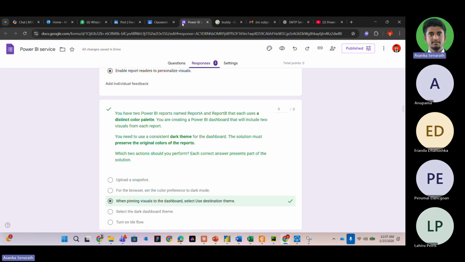You are creating a Power BI dashboard, and from each report you need to use a consistent dark theme for the dashboard. The solution must preserve the original color of the report. So what is it saying? You should create a dark theme dashboard, but it should not change anything in the report. So what you're supposed to do here is...